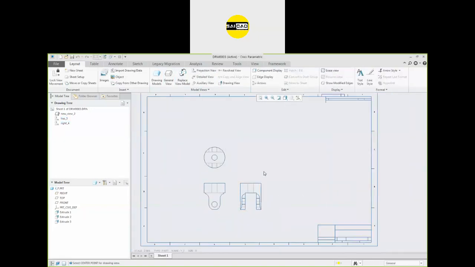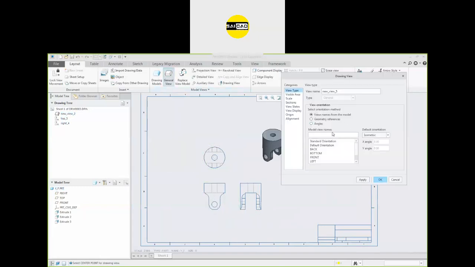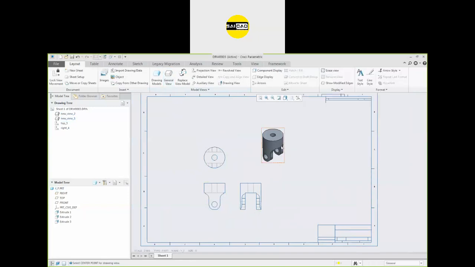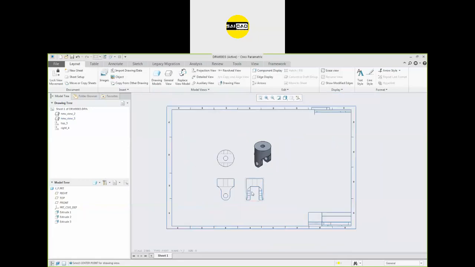You can set everything with a single selection like that. Now insert the view you need. I want somewhere here. Standard orientation, isometric, apply OK, and you have the isometric view also. So set everything you need, create the sections you need, and here will be your sheet.